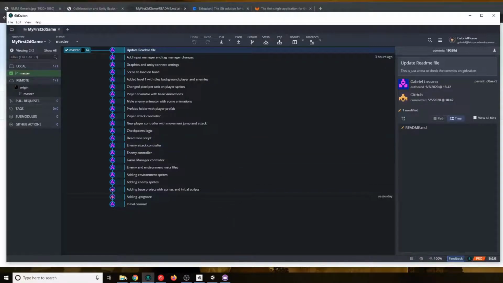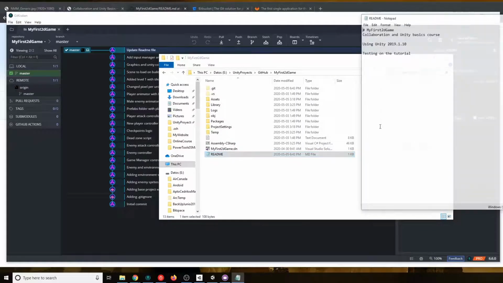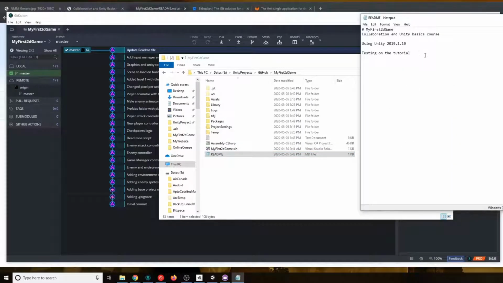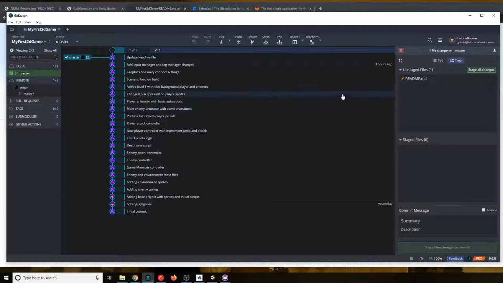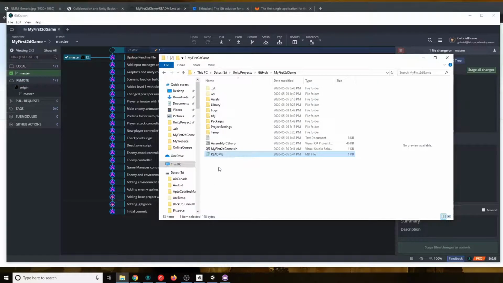Now let's do the same, but we will do it the other way. So here we will say thanks for the changes on the README, which I will then remove. But you see, I saved it. As soon as I saved it, Git will recognize, oh, you did a change. So the changes here will be shown when you made them. So let's go ahead and I'm gonna make